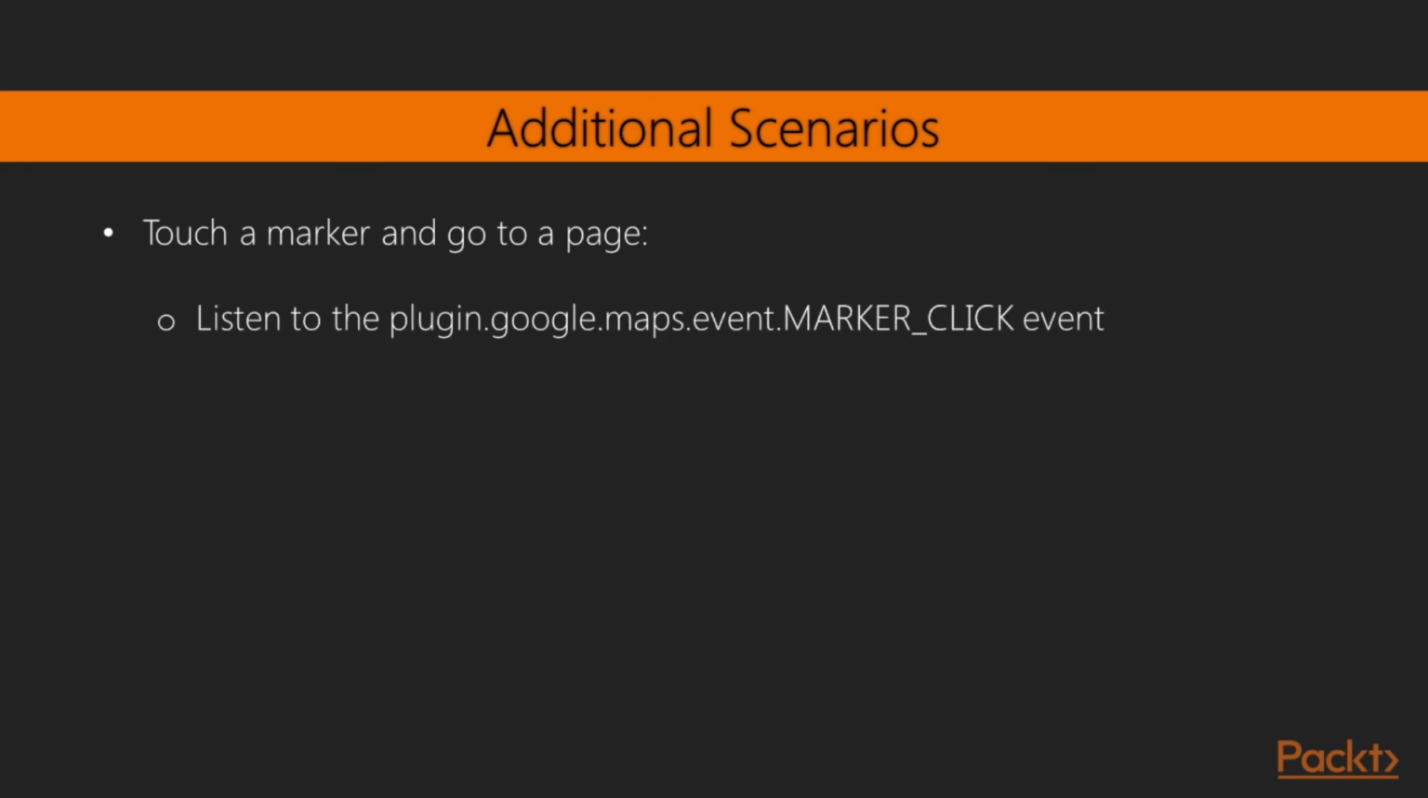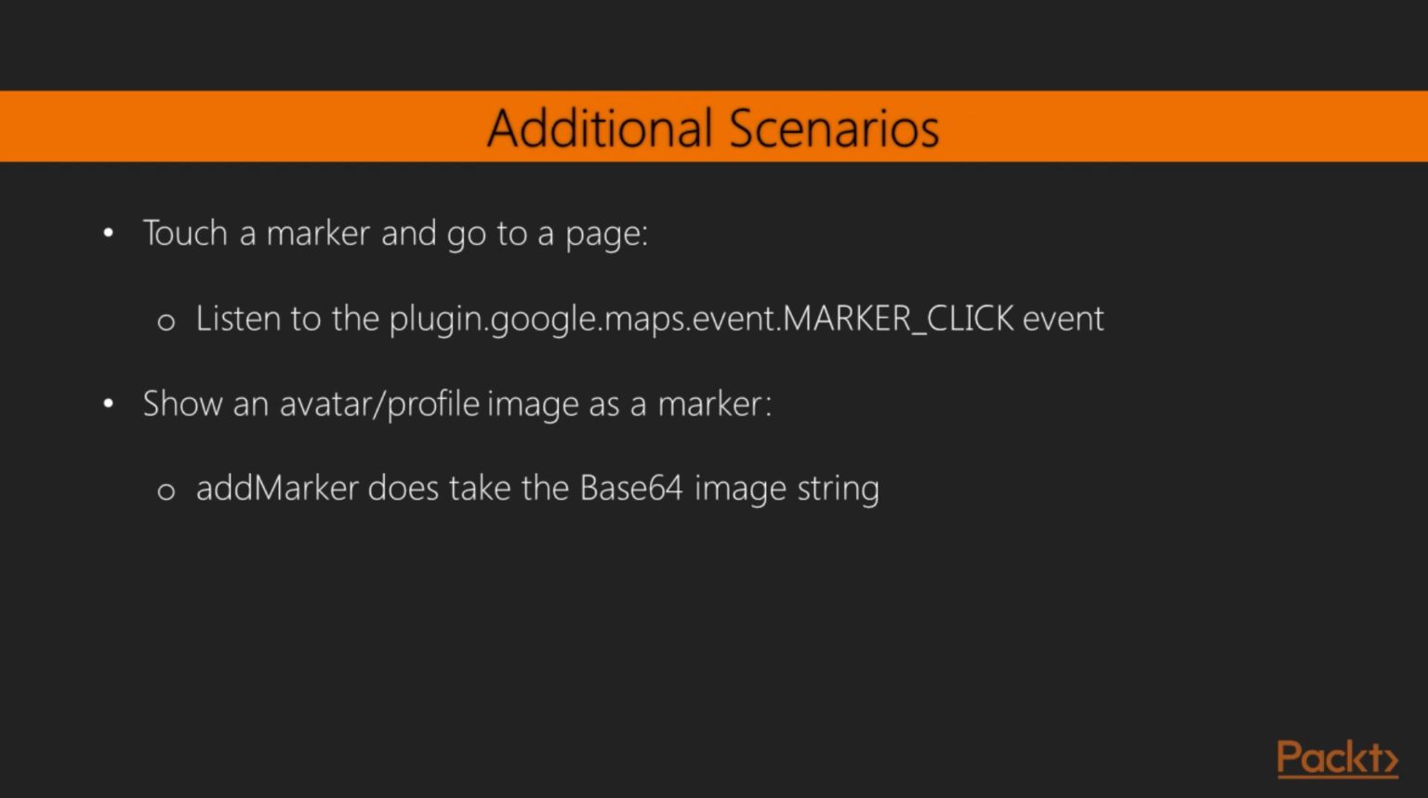You just need to listen to the plugin.google.maps.event.MARKER_CLICK event and do whatever is needed in the callback function. Show an avatar profile image as marker. The addMarker does take the base64 image string, thus you can pass something like this in the argument title,